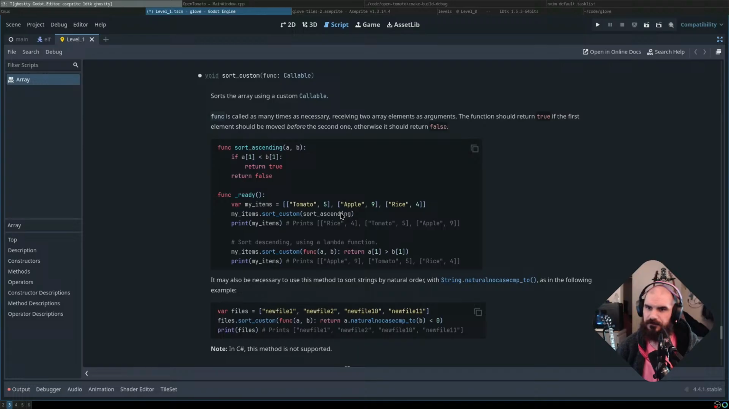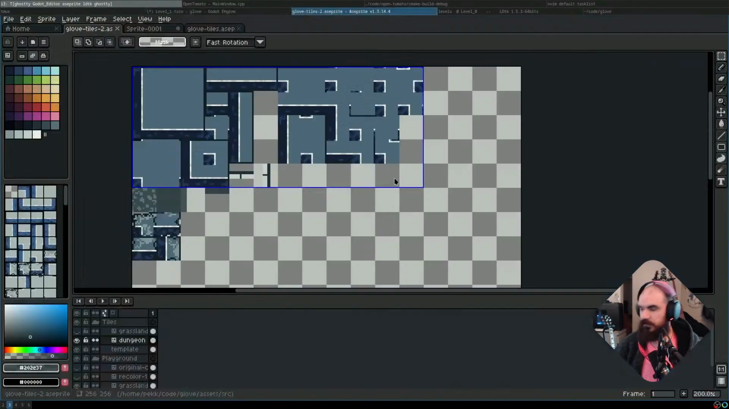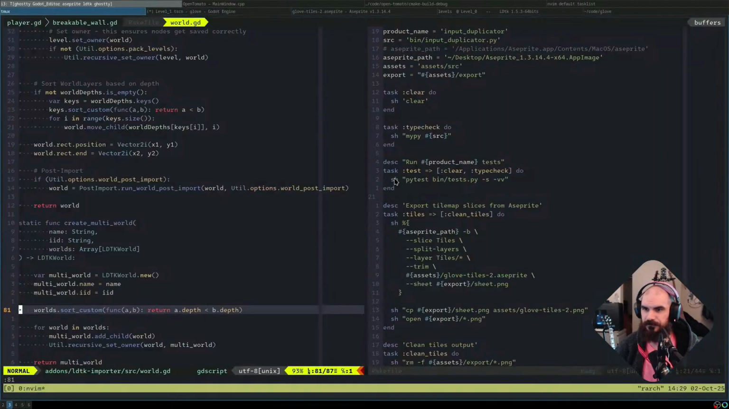Sort custom. Sorts the array. Function is called as many times as necessary, receiving two array elements as arguments. The function should return true if the first element should be moved before the second one. Otherwise, it should return false. So all I'm itching to do here, I don't think it really matters which one comes first if they don't have a depth, but